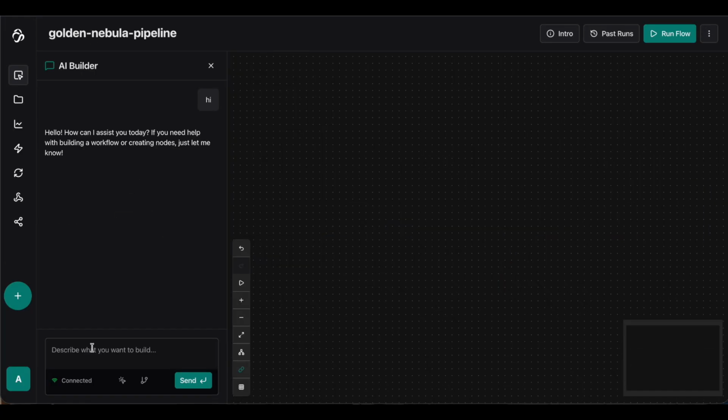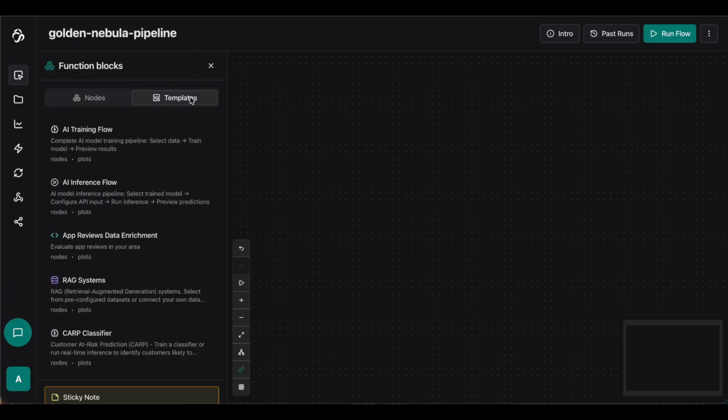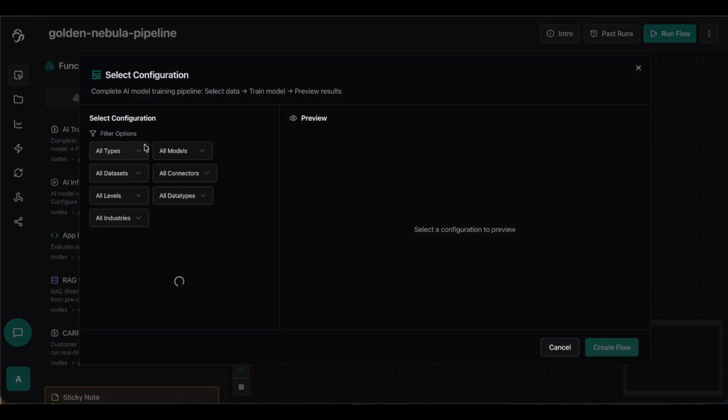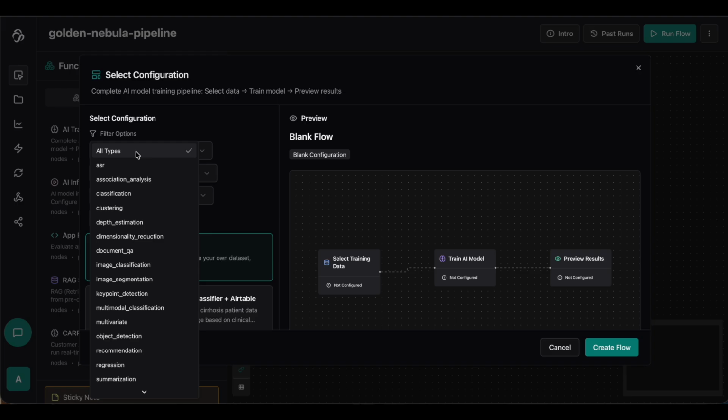And now there are several ways that you could do this. You could just chat with the AI builder right here or create the flow manually in the node libraries. But for now, I'm just going to show you how to do it using a simple template. So click on the AI training flow, and in the filtering options, just expand on all types and look for